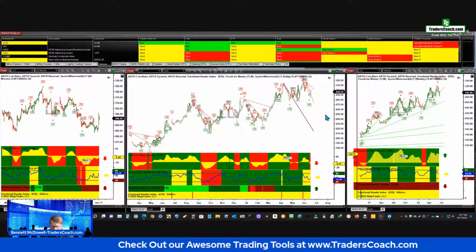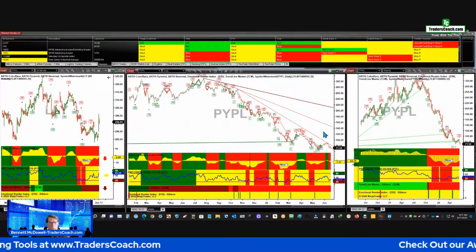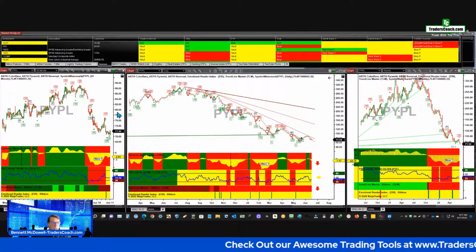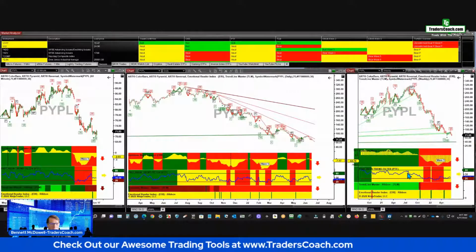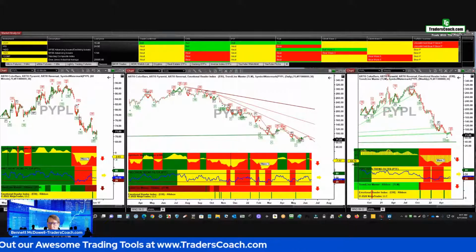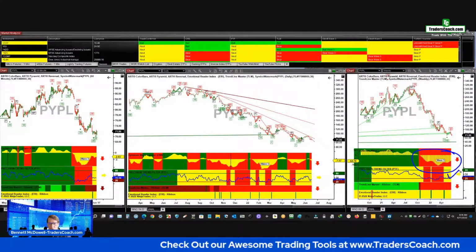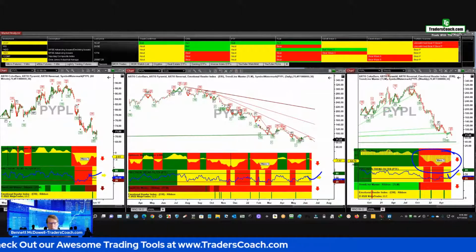All right, and then PayPal, PYPL. Give that a second to load there. Definitely has been coming down. Clear short trade on the daily chart in the center, clear short trade on the right chart. And it looks like we've got an owl that's still negative and very, very decisive to the downside. We no longer have red PTFs, which is this in the center, so those are all neutral. So we're probably getting close to a bottom.